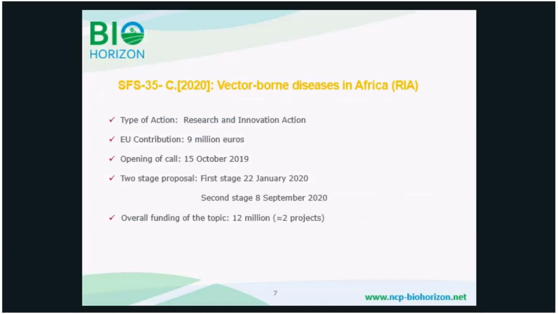Finally, you can see that this topic is a research and innovation action, which means that activities should also focus on basic research activities, on activities gathering and collecting knowledge on these issues. The EU contribution will amount to up to 9 million euros, and the opening of the call is on the 15th of October. This specific topic is a two-stage proposal, which means that the first deadline is on the 22nd